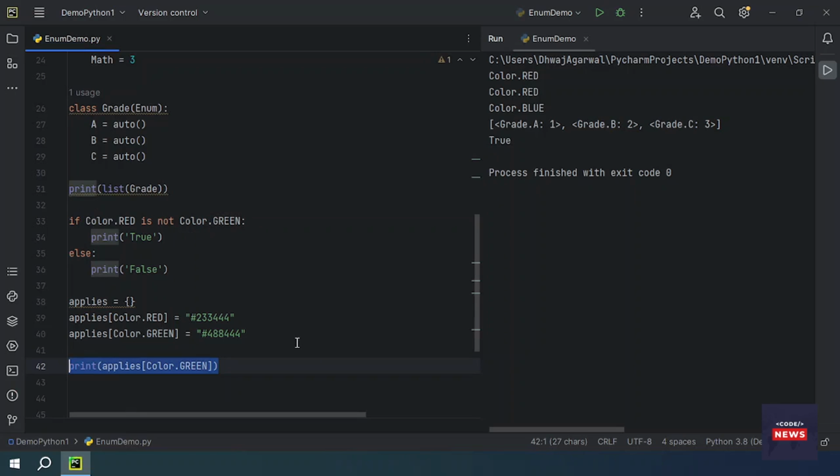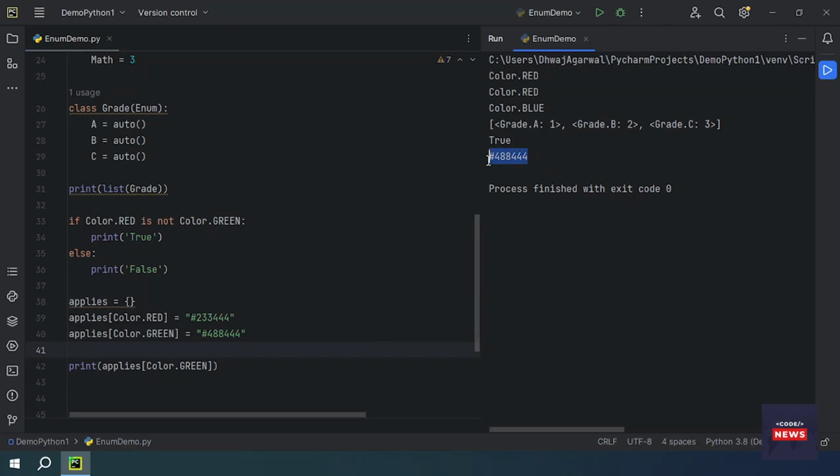It will print the value of this key from this dictionary. You see, this value appeared because we retrieved the value from this dictionary key. So this is called hashable for the enumeration.